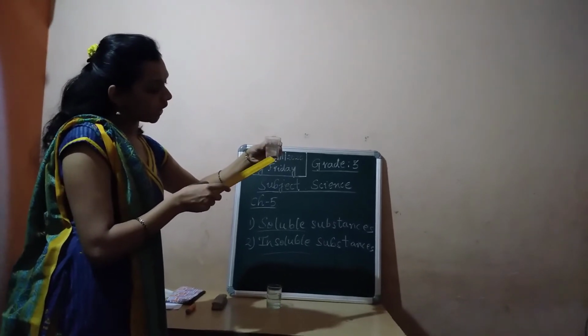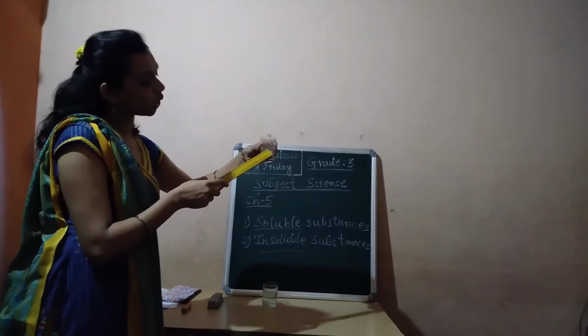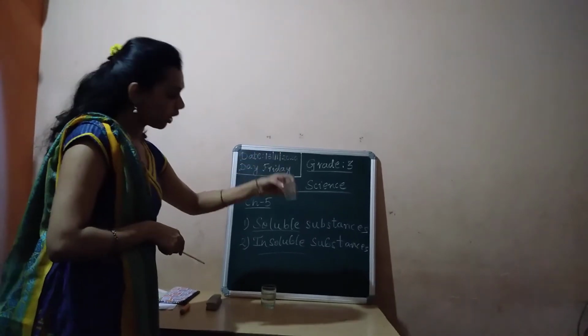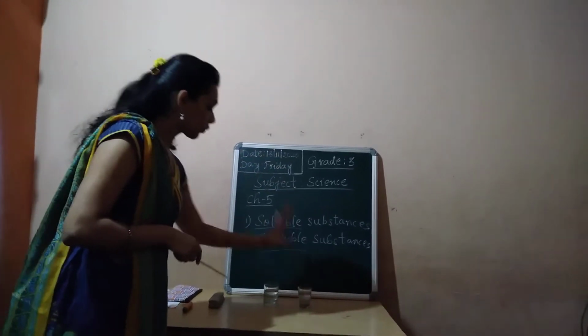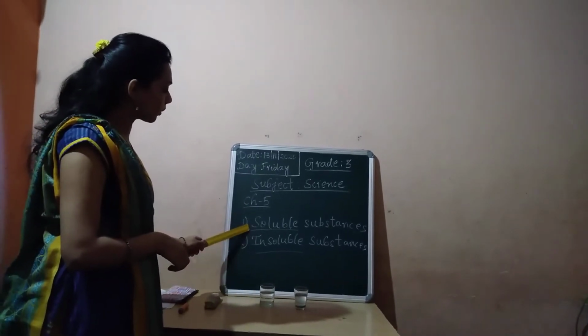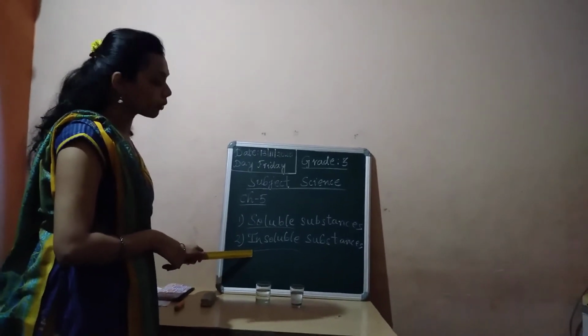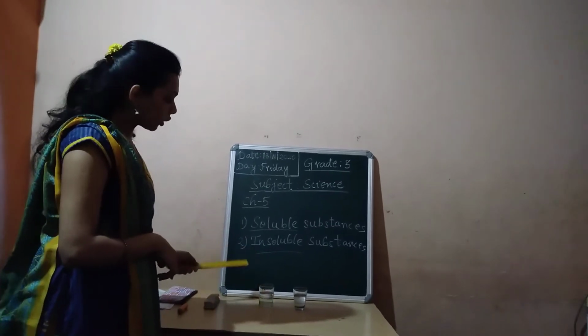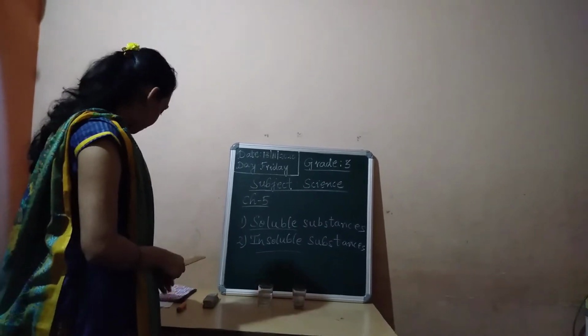Here also, sand is the solute, water is the solvent, and the mixture of both is the solution. Okay. Now what is a soluble substance? There are two types of substances, soluble substances and insoluble substances. Soluble substance means nothing but